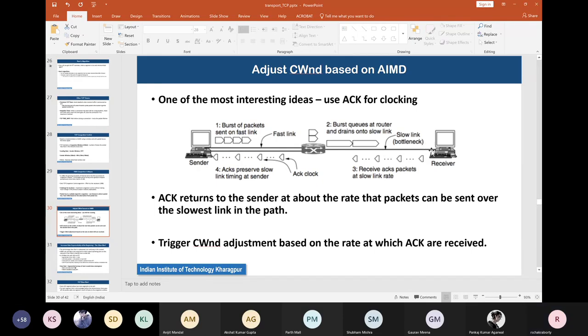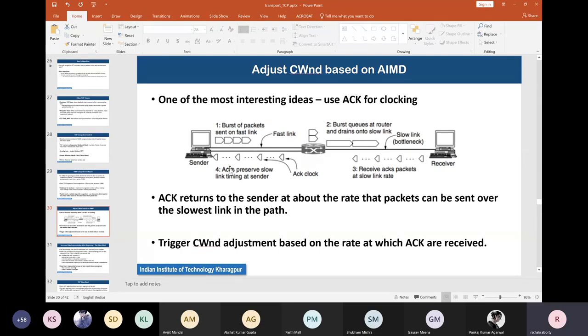Because of that, the receiver receives the packets at a slow rate and sends back acknowledgements which can only travel over this bottleneck slow link at a slow rate. Finally it goes over the fast link, but by that time the acknowledgements have already become slow. The fast link has no problem transmitting these acknowledgements back to the sender quickly, but